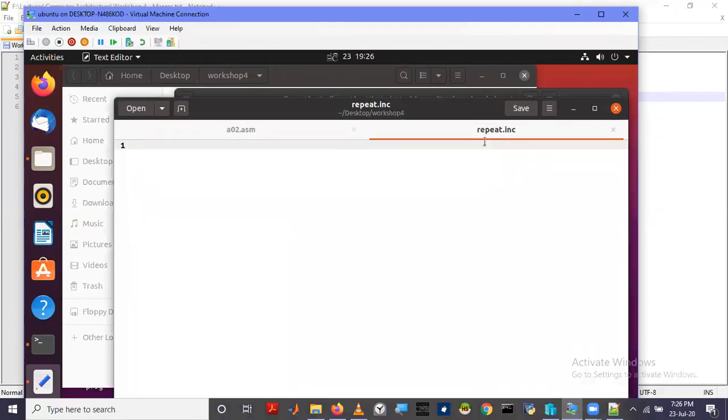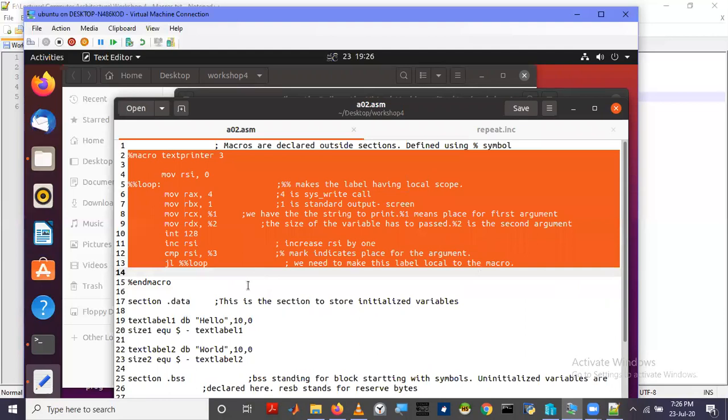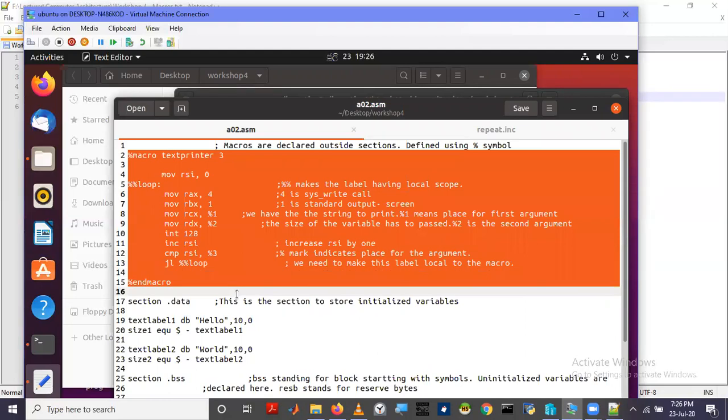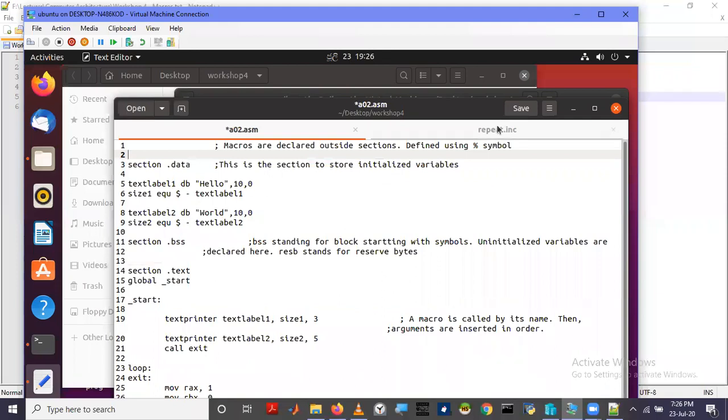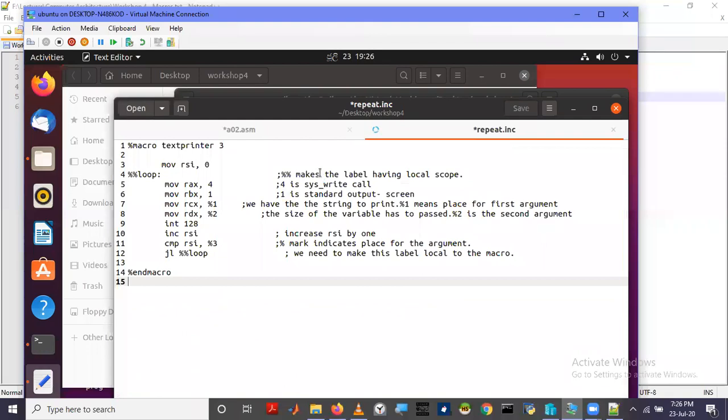What I want to include in this file is nothing but my whole macro. So what you can do is just cut and paste this macro there, the whole definition of the macro. Cut, Control X, Control V. Then the macro exists as a separate file.